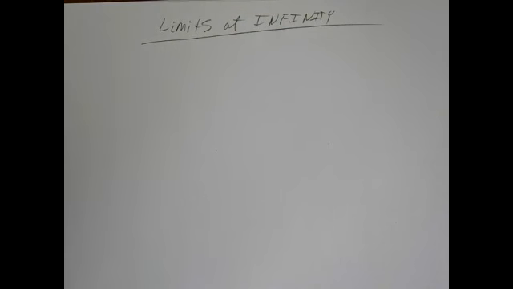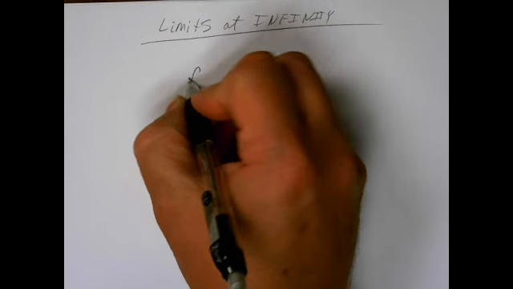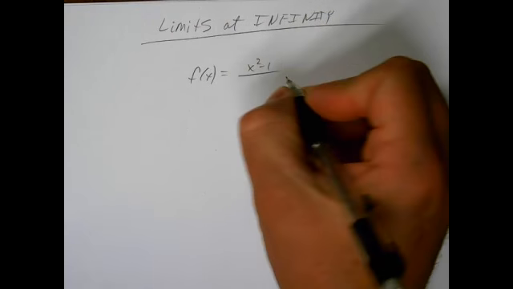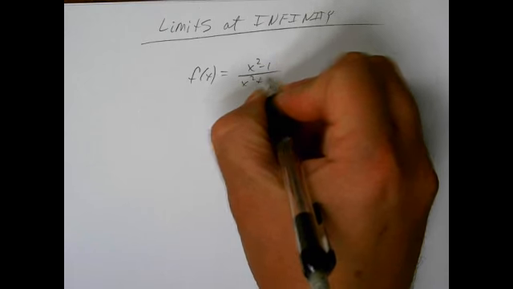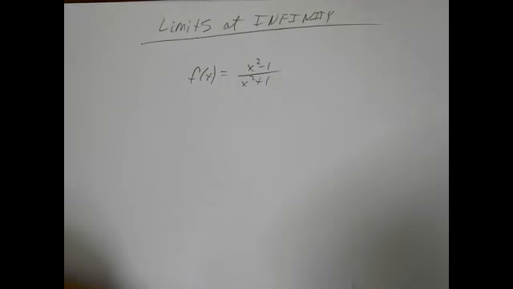These limits at infinity that we're going to work with relate directly to horizontal asymptotes as studied in pre-calculus. For example, whether you remember or not, this is something you talked about. If you have an f of x that is equal to x squared minus 1 over x squared plus 1, and you were in pre-calculus class being asked questions about horizontal asymptotes, the way it's usually explained in the typical pre-cal book is you're supposed to look at